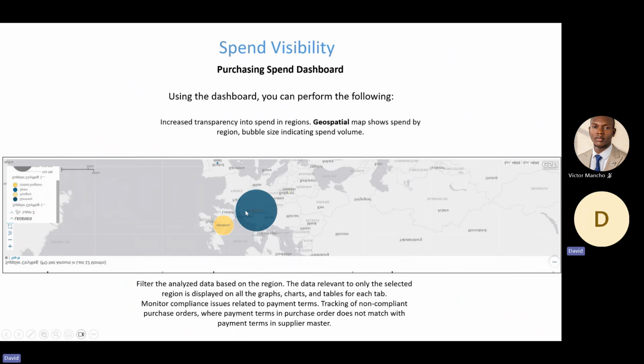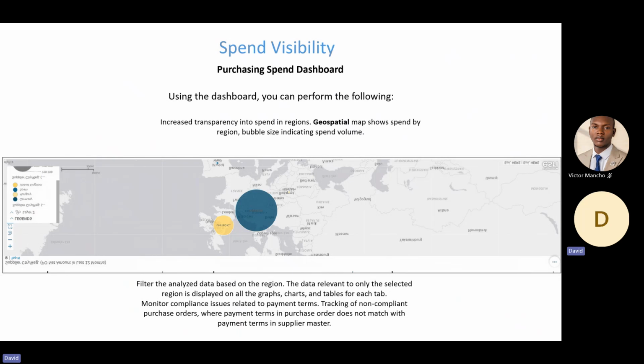So it's trying to show the spend volume. So you can put this right by region, right? And you filter the analyzed data based on region, okay? The data relevant to only the selected region is displayed on all the graphs, the charts, the table